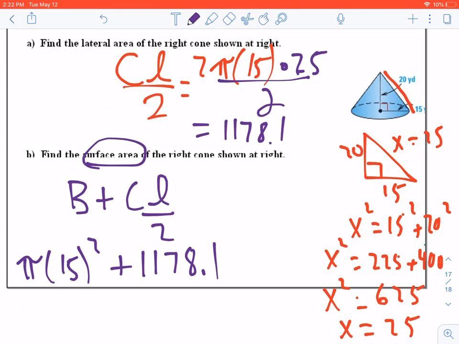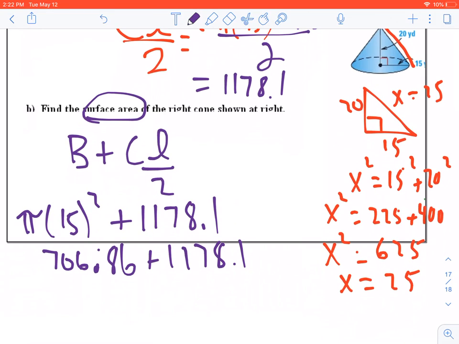We get 706.86 plus our 1,178.1. Add them together, you get